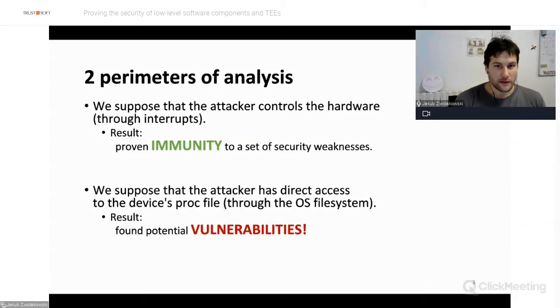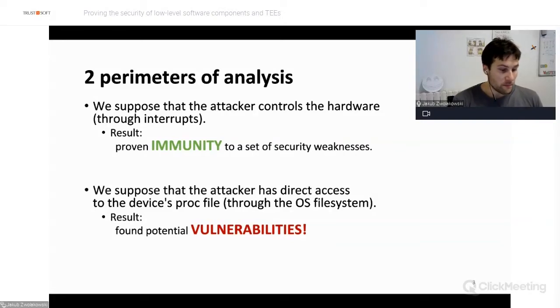And I'd say this is a natural way of seeing that. But just for fun, we have checked if in other circumstances there are no problems present. So this is more like an artificial scenario where we can imagine an attacker who has direct access to the proc file for this device.